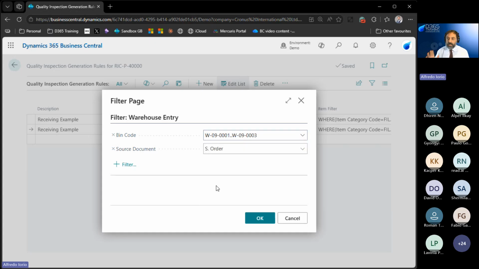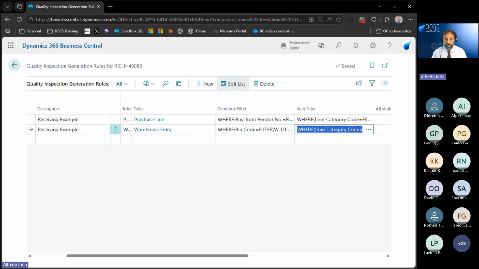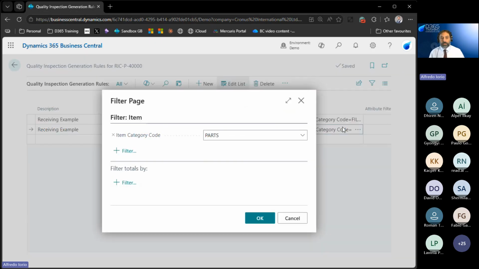I'm going to say, well, whenever there is a movement, warehouse entry, that applies to any of the shipment bins, and when the source document of the warehouse entry is a sales order, trigger a quality inspection. Essentially what I'm doing here, once the pick is registered, because the warehouse pick is linked to a source document sales order, and will be finished in the shipment bin. Once these rules are true, and for items which are item category parts,